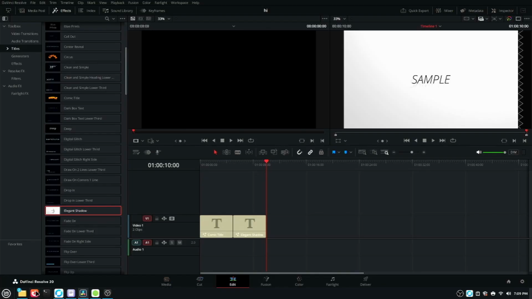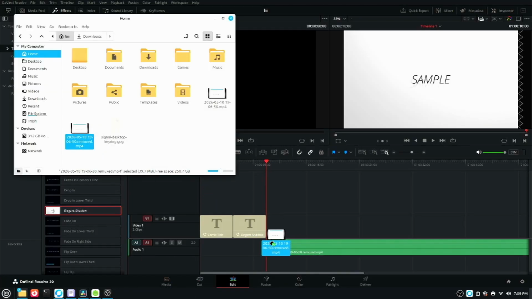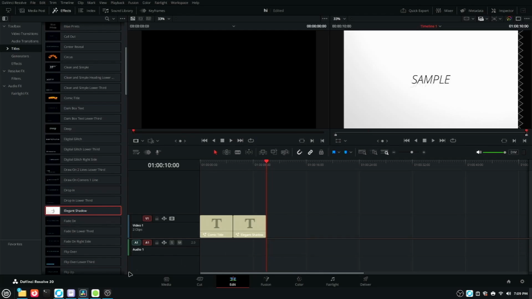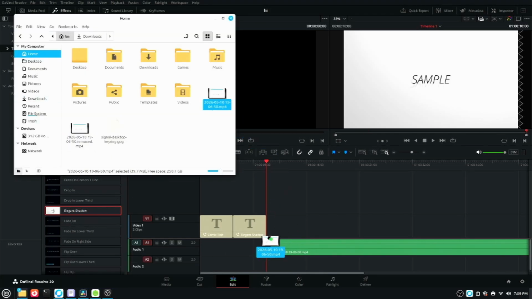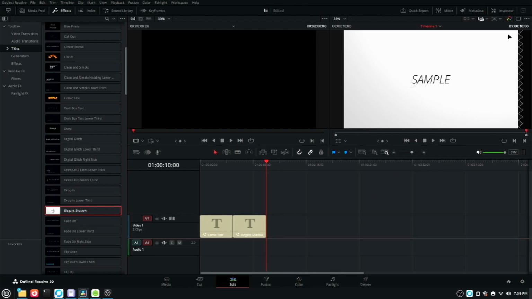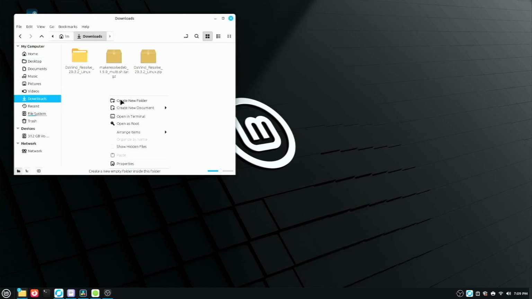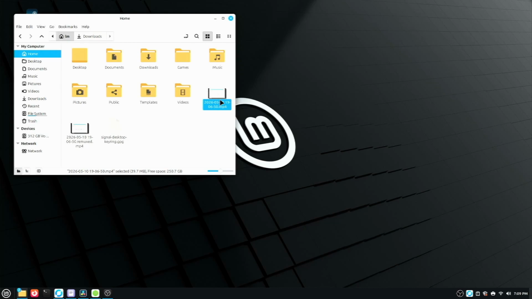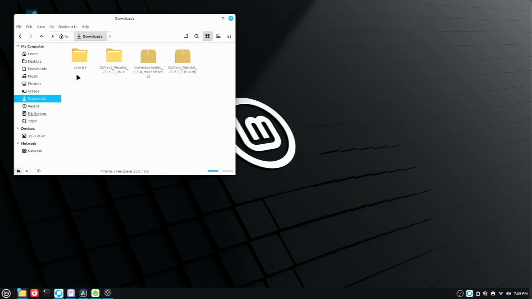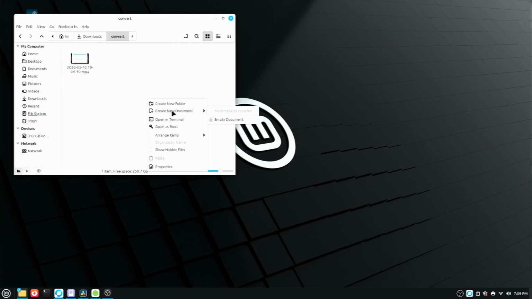Alright, so if we try to put in MP4 videos, it will not work, as you can see, because it only works with .mov. Okay, so how do we do it? First, we'll go into the downloads folder and we create a new folder called convert. Okay, now we'll copy in any MP4 video that you want to convert, and I'll paste it in. Now we'll create a new document